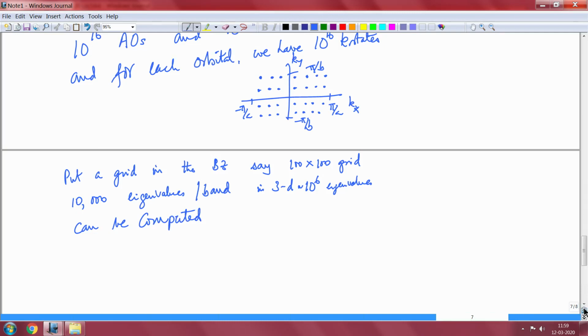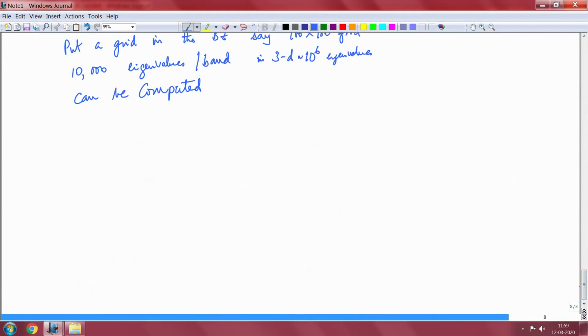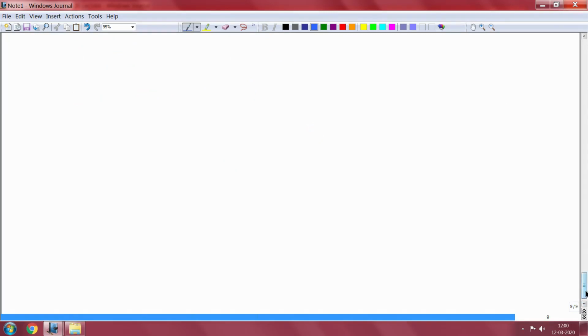Now after having obtained so many eigenvalues, what are we going to do? There is no way of plotting, because you have to go for a 3-dimensional plot. Even for the 2-dimensional lattice you will have ky, kx and energy, and you will have these surfaces in 3 dimensions, and it is going to be really difficult to plot and appreciate these things. So what people have been doing is to deal with a quantity called density of states.